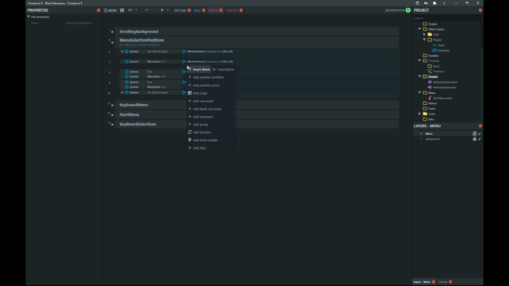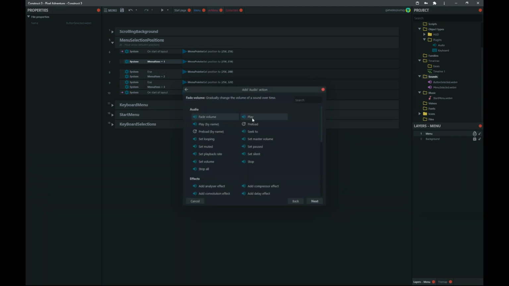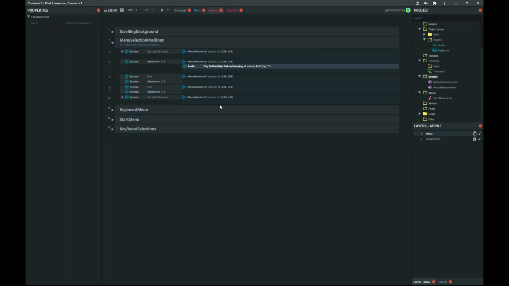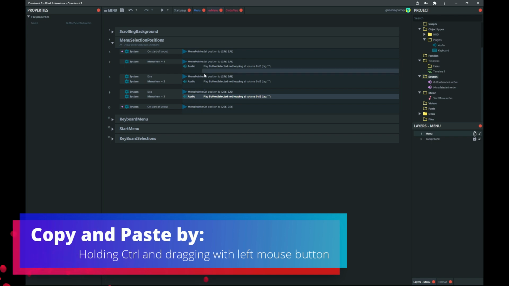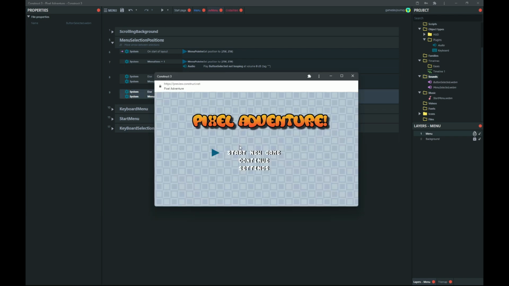So let's just add in here. Let's add an action, audio, play, button selected, not looping, we don't need to tag it. Done. And I'm just going to copy and paste that to all the others. Okay, now we can test this. So when we run it,